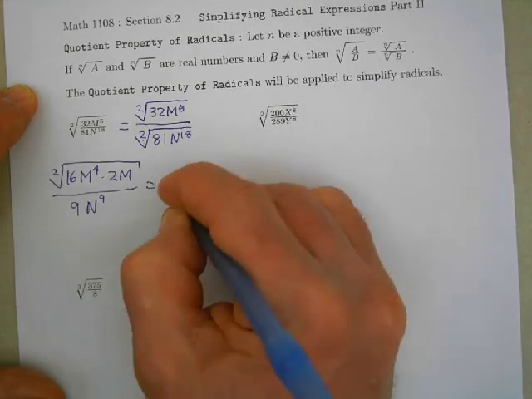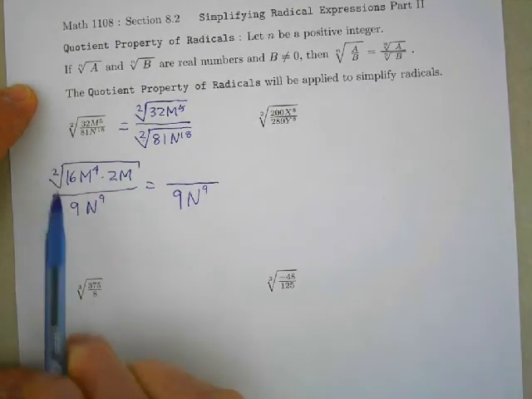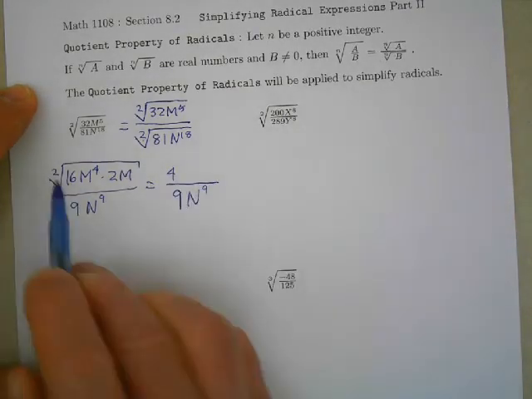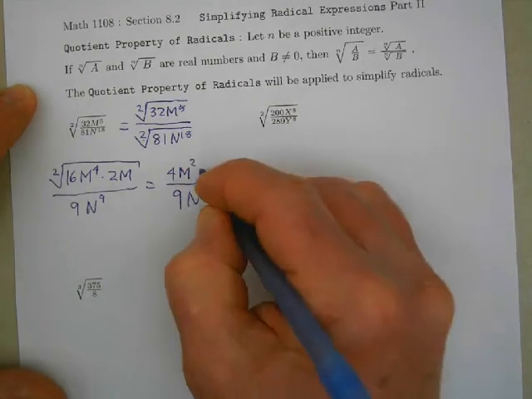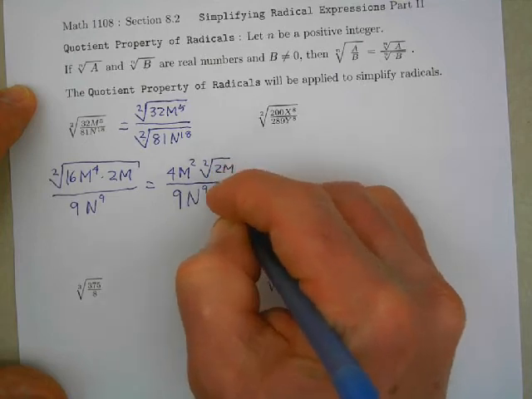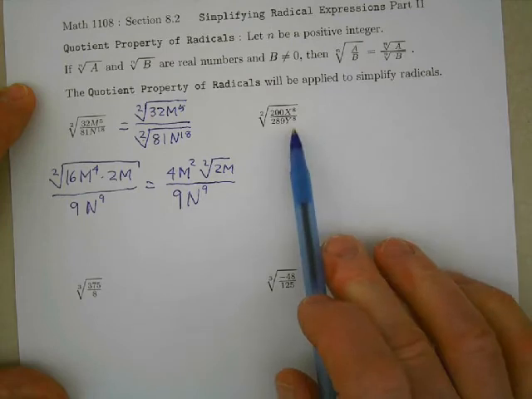And then in the next step, we'll just simplify. The square root of 16 is 4. The square root of m to the 4th is m to the 2nd. And then we multiply that by the square root of 2m. Okay, that is the simplified answer. On the next one,